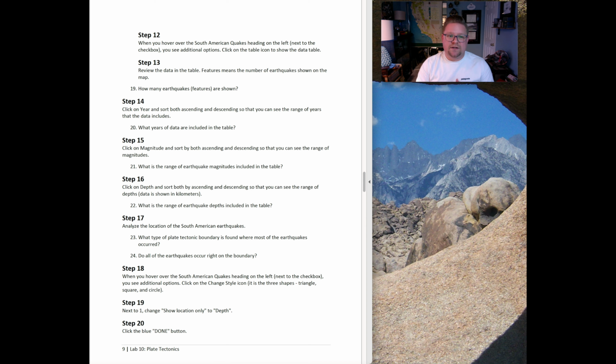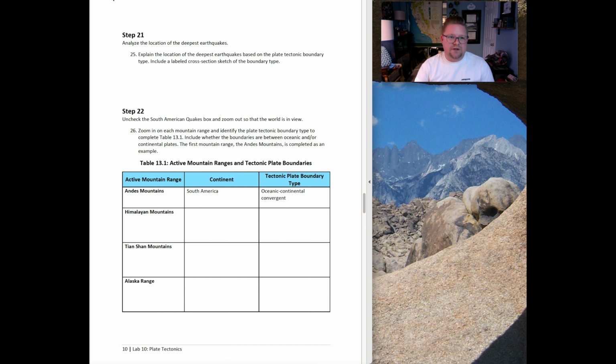Moving into steps 14 and 15, you're going to look at years and sort both ascending and descending types of earthquakes and patterns. So as you continue to walk through this, I'm going to leave you with that because I know it's a lot. You move into step 21. So now we're going to be able to analyze the locations of the deepest earthquakes. So as you work through all those additional steps, it's going to have you answer questions and pull screens and zoom in, zoom out, observe this, draw that,